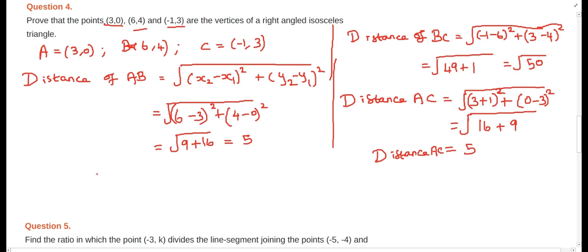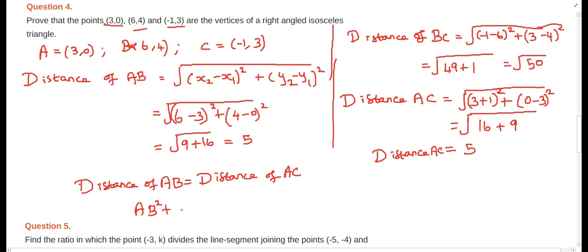Okay, so for a right angle isosceles triangle, here distance of AB is equal to distance of AC, and AB square plus AC square is equal to BC square. That is, AB is 5, square 25, plus 25, that is 50. So the equation is satisfied, which means the triangle